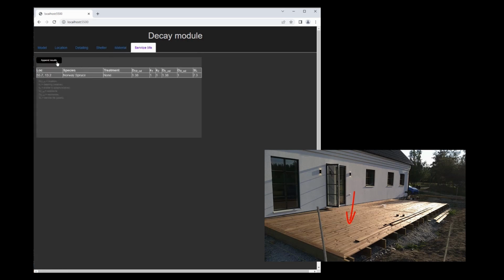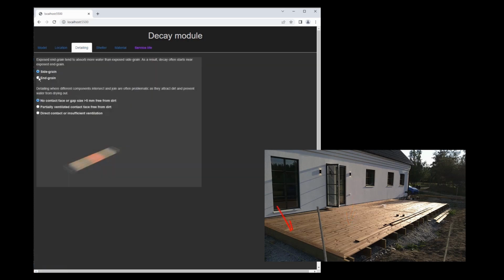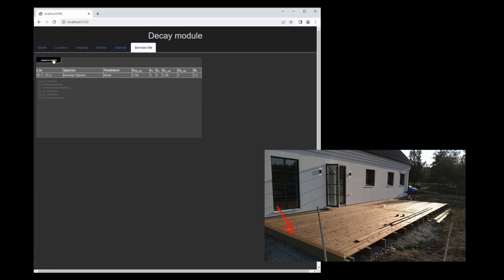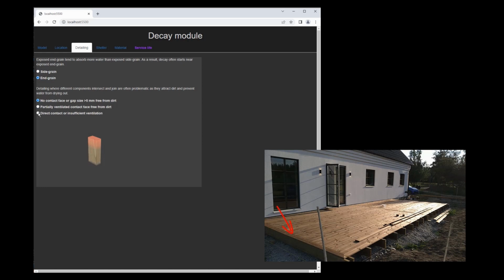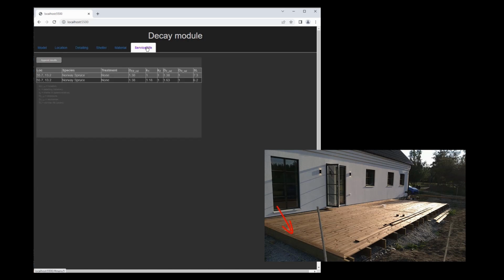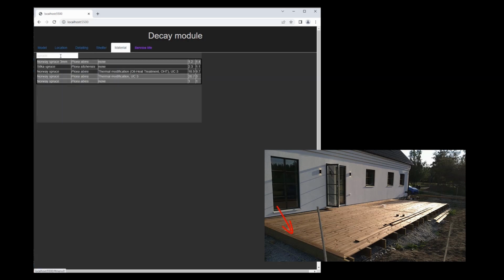So here I just selected Norway spruce, because that's something we're all familiar with. And if I do that, I end up with a number of about 7 years, which is when I could expect the first signs of decay on my spruce decking boards. That is quite an optimistic view, because I also have some end grain faces here, also with some contact to other members. So already after 3 years, I might expect to have some kind of signs of decay close to the end grain, according to this model. And that is not something I want to deal with in 2 years from now.